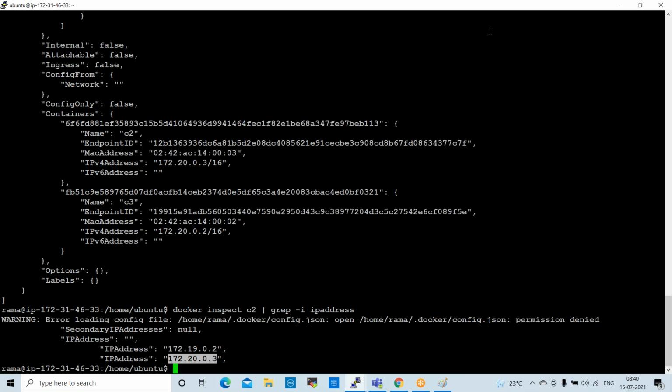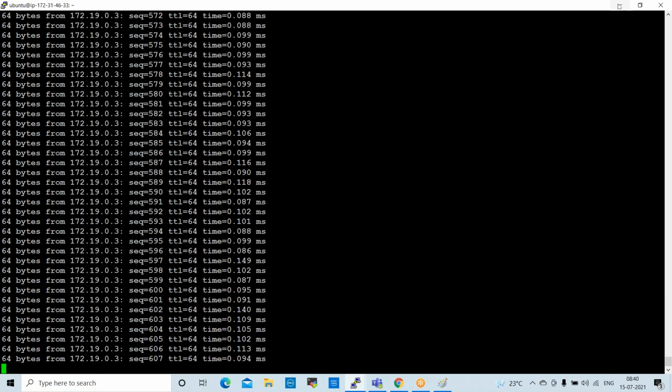Without containers, Kubernetes will not work. So with Docker volumes and vaults, our concepts in Docker are completed. From tomorrow, we'll start working on Kubernetes.